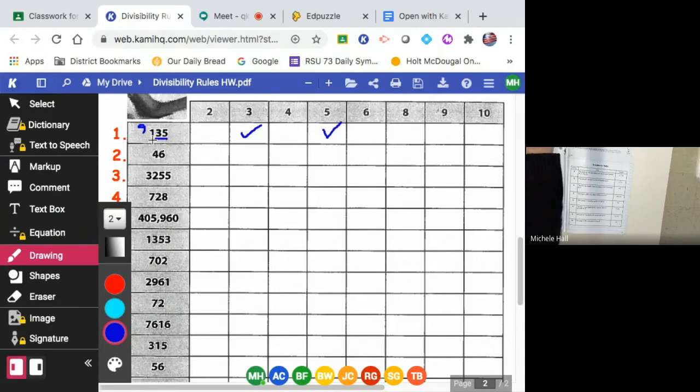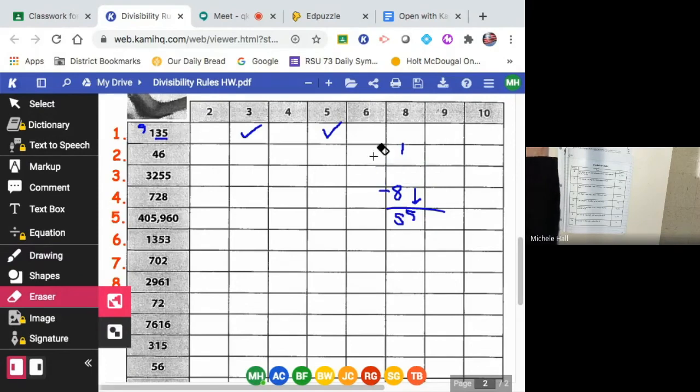And divisibility rule for 8 was not in the video. It's the last 3 digits side by side. So I can erase this. I would just come down here and see, is 135... It only has 3 digits. 8 goes into 1, no. 8 goes into 13 once. 8, subtract, and we get 5. When I bring down this number, does 8 go into 55 evenly? No, that means that 8 does not go into 135. It's just a little bit of work for the 8.